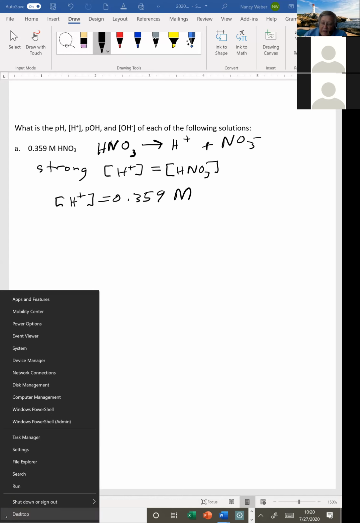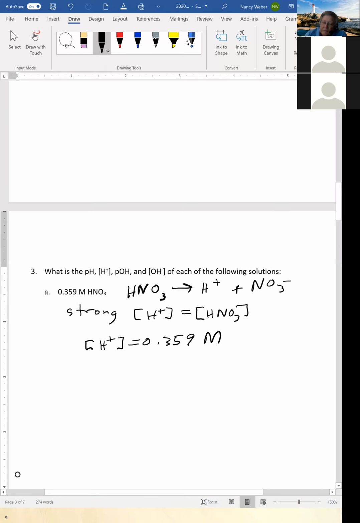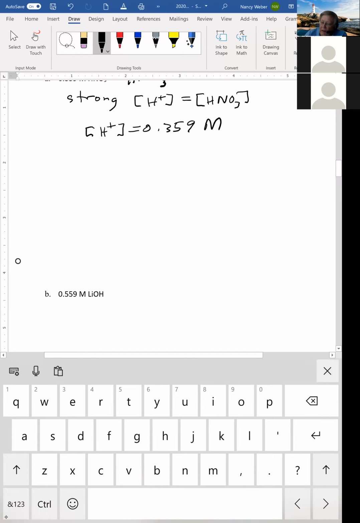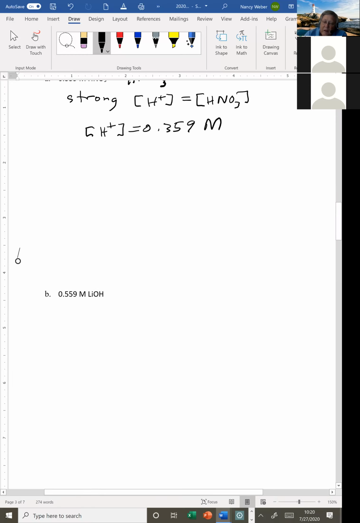Then I can find pH. Okay, so pH is going to equal 10 to the minus 0.359, which equals